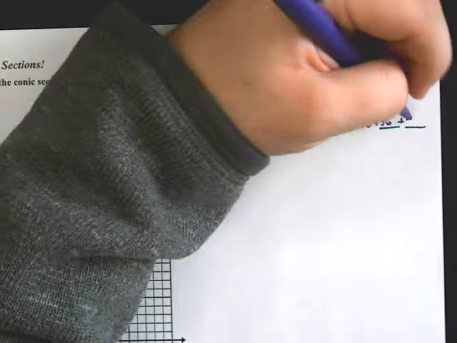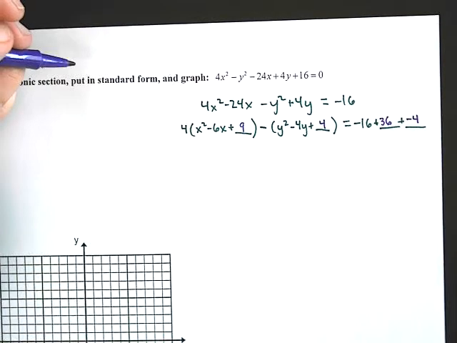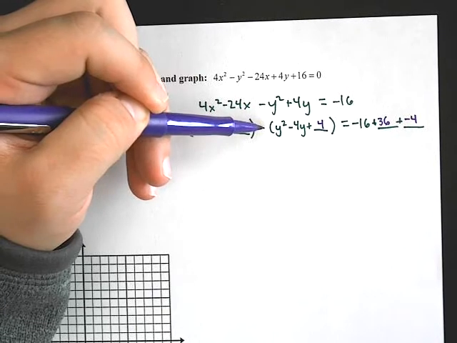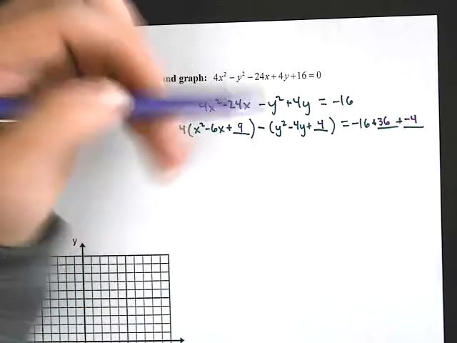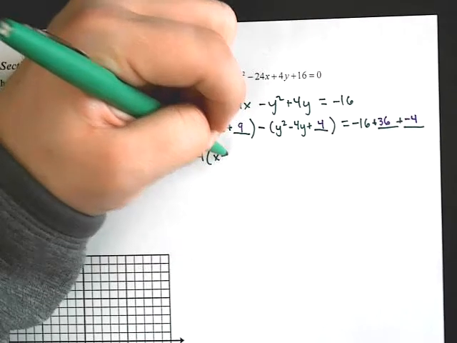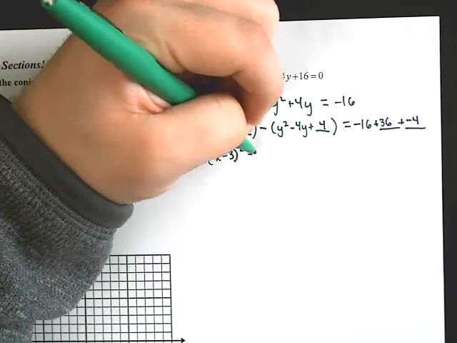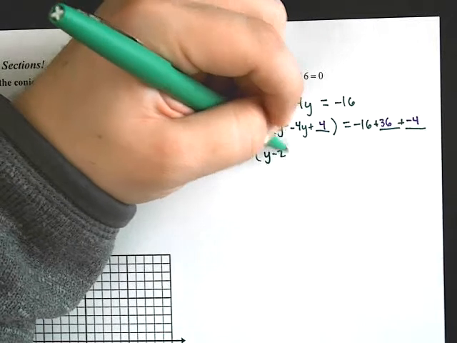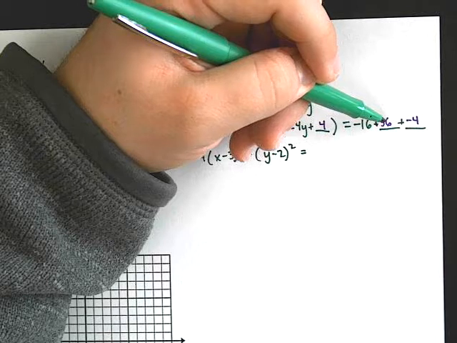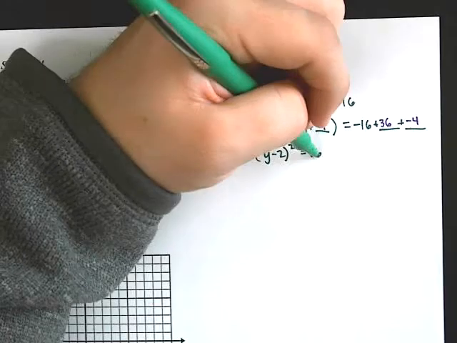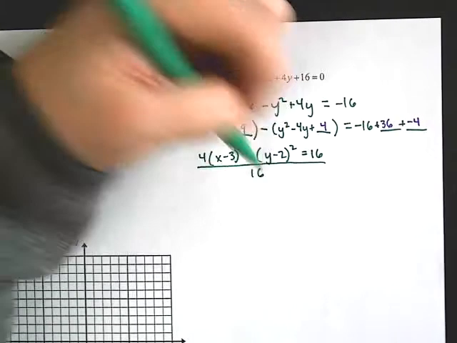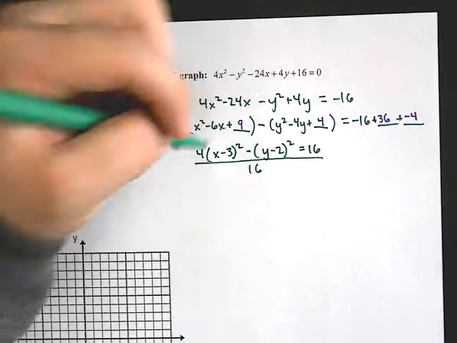You have a negative 4. Why? Well, because it's being multiplied by this negative 1 coefficient. So when we continue, I now have 4x minus 3 squared minus y minus 2 squared equals, well, let's see, positive 20 minus 4 is 16. Alright, so the last thing we have to do is divide absolutely everything by 16, which means I now have